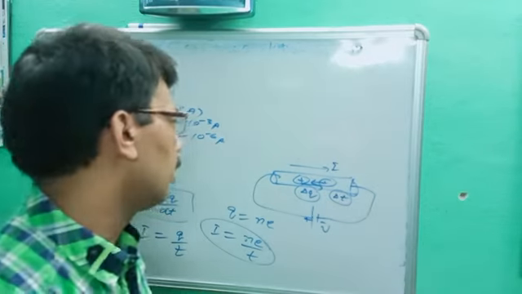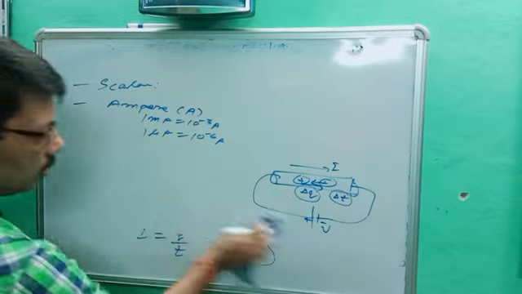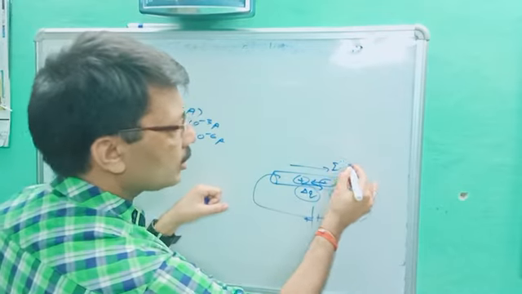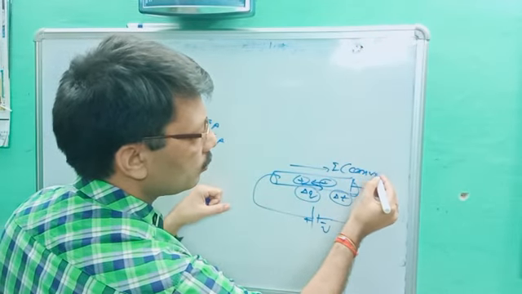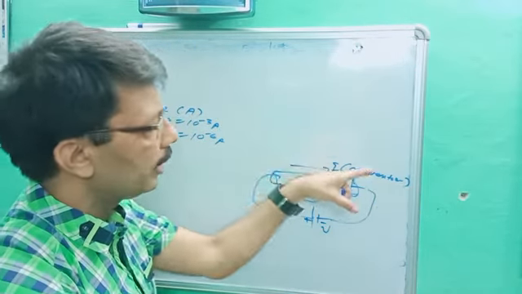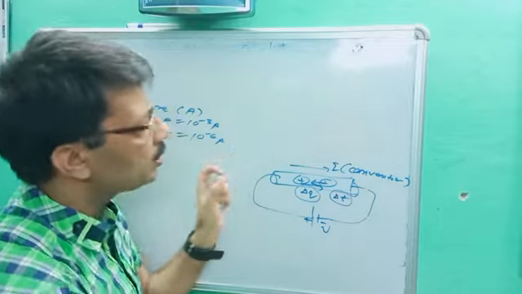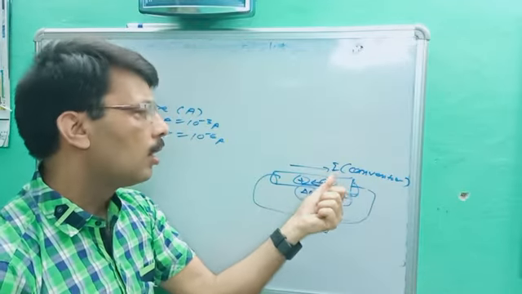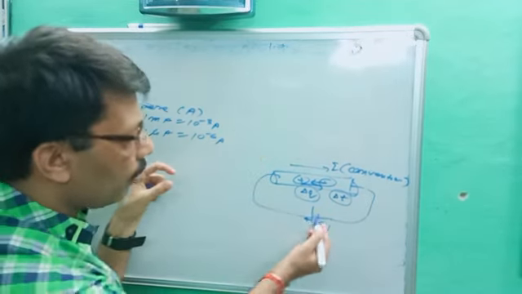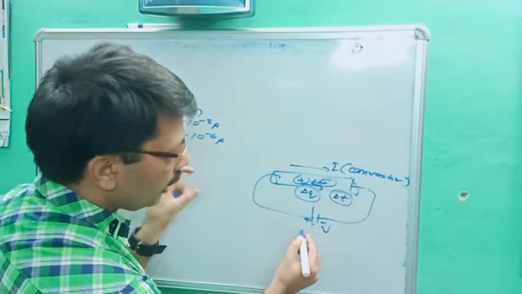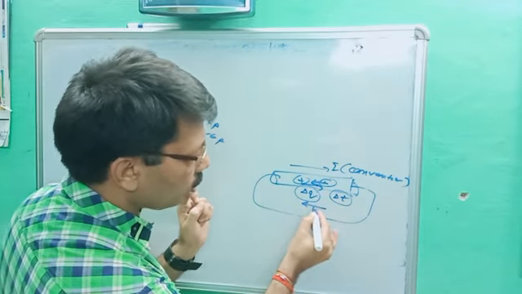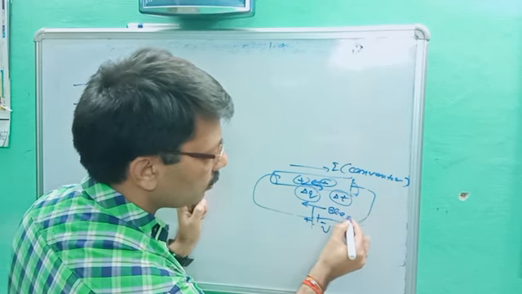Its unit is ampere. And you better know the direction. There are two types of current. One current is from positive to negative, and that current is called conventional current. It means conventional current is in the direction of proton, or in the opposite direction of electron. We can say it both ways. Conventional current is drawn from positive terminal to negative terminal, and electronic current is in the direction of electron. This current is called electronic current.